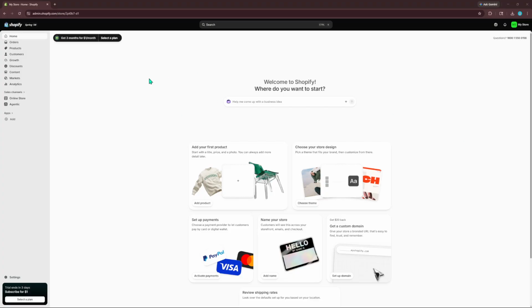First things first, you'll want to log into your Shopify account. Once you're in, you'll be greeted by your main dashboard. Take a moment to familiarize yourself with the layout, as this is where you'll be managing all aspects of your